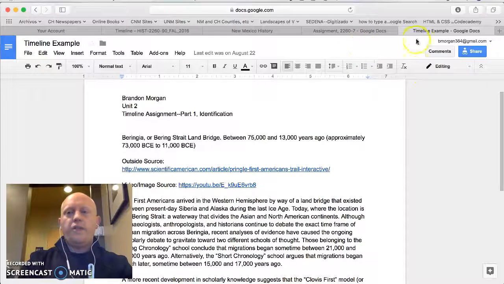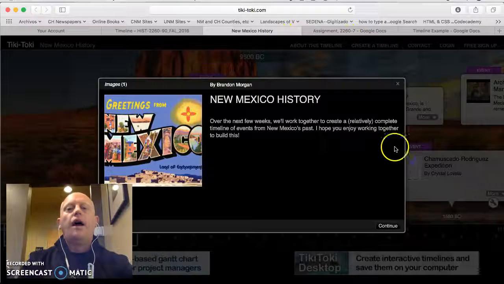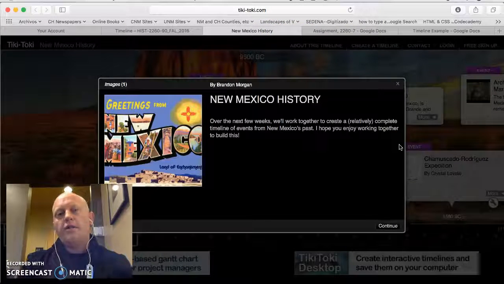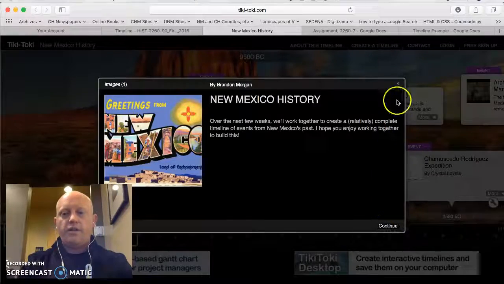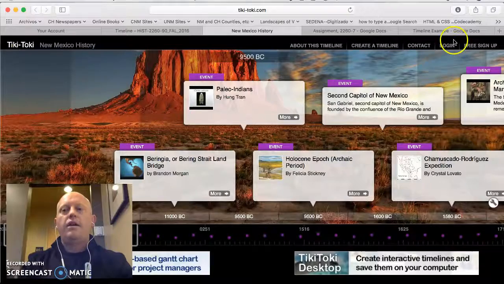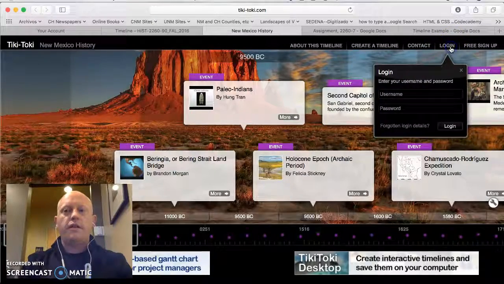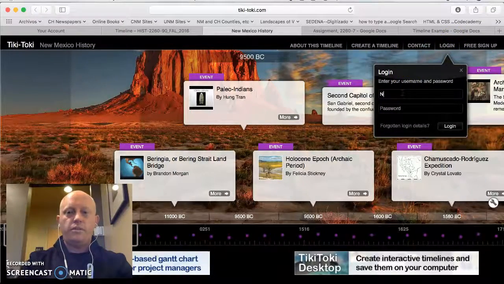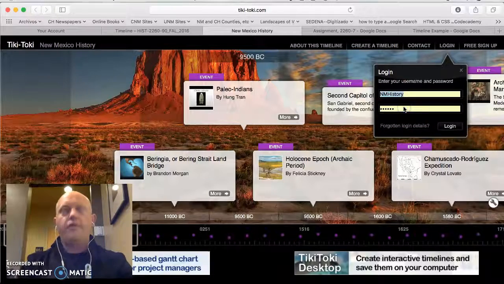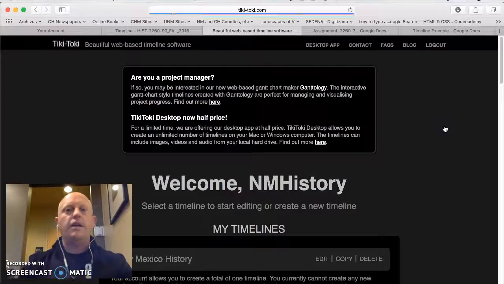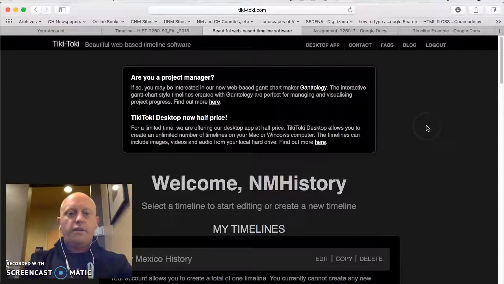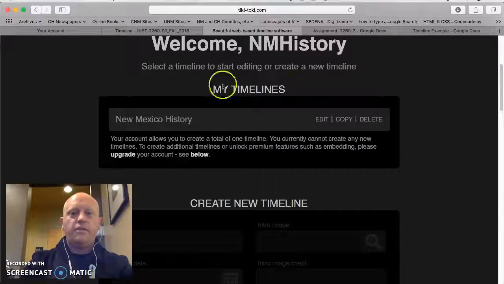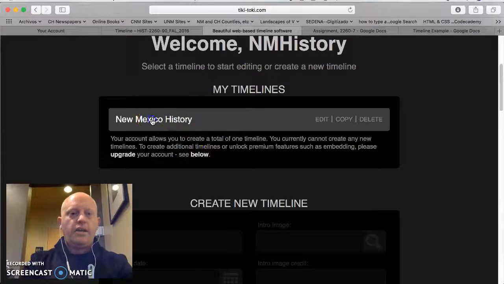So what you're going to want to do, when you first log on to Tiki-Taki, the very first thing you want to do is either click Continue or X out of this box. You want to log in. So click the login box and use the credentials that were provided in the timeline instructions. I already have them in my browser. Then you want to scroll down just a little bit to this My Timeline section and click on New Mexico